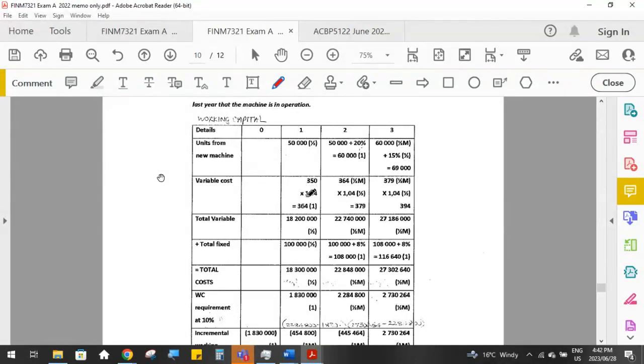You also had to inflate the variable cost correctly. So 350 Rand was the current cost, and it had to be inflated at 4% in year 1, 2, and 3, giving us a total variable cost multiplied by the number of units, total variable cost, total fixed cost. Again, you had to take fixed cost from year 1 that then increased by 8% in year 2 and year 3. Add total variable plus total fixed to give us our total costs,